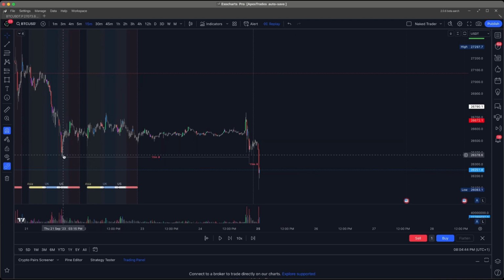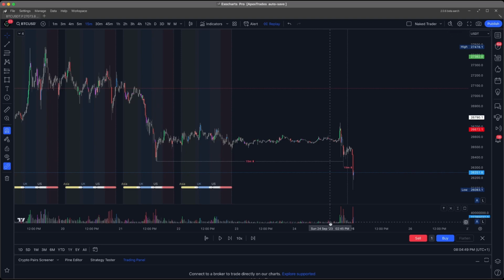What I've done is I've marked out the 15-minute break here and then the 15-minute break here. And of course, just a couple of things that are really, really important to understand, right? A lot of the time, whenever we're thinking about supply and demand zones, the hardest thing to understand when it's going to happen is the break, right? The 15-minute break trend change.